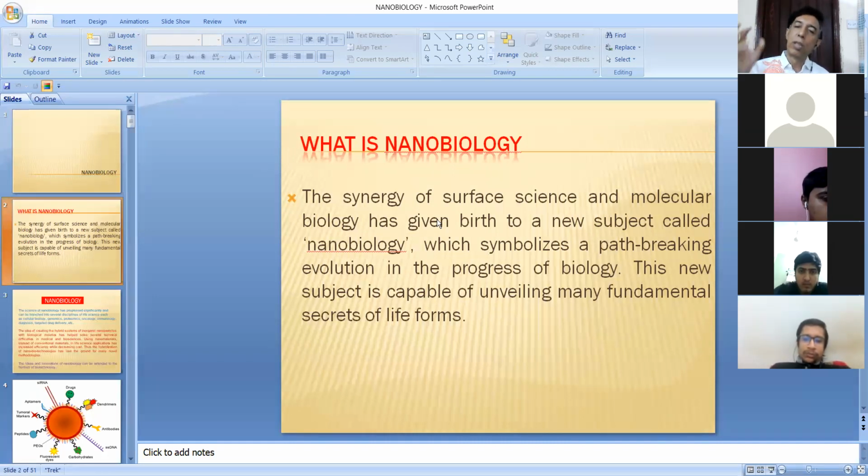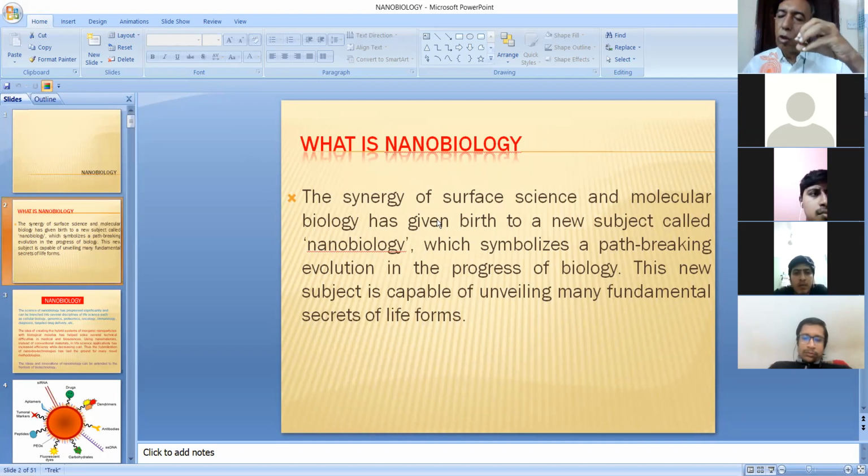So that's why it is called molecular biology. Molecular biology means it works at the molecular level. That means it is a small thing, and nanoscience is a small thing. Molecular biology is a small thing, and nanoscience is also a small thing. So if you combine both of these small things, say for example,